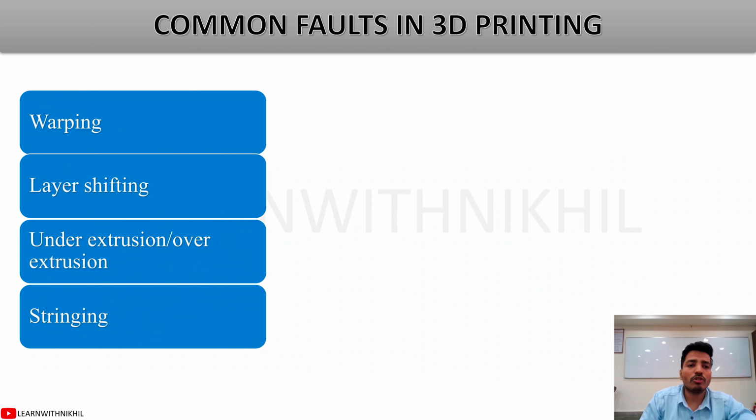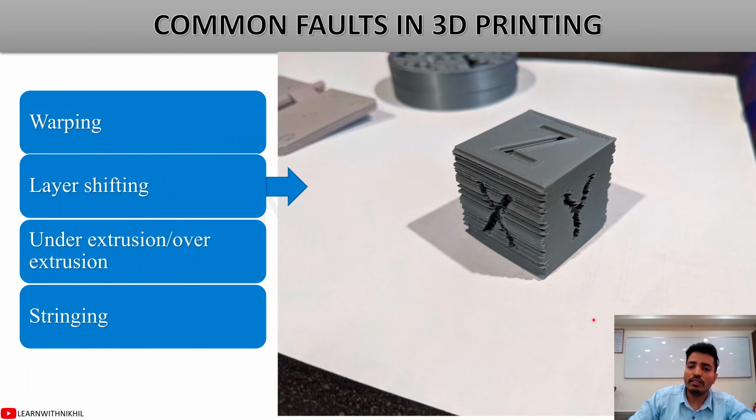So the next common fault is layer shifting. So this is what happens. Layer shifting is generally due to faulty stepper motors. As you know, in our printer's XYZ axes, there are stepper motors. So if the belt is not proper, if it has worn off, then what will happen? It will lose its grip and there will be layer shifting. There are many things which affect this. I've mentioned one: if the threads are worn from your motors, or the belt is worn out, then this layer